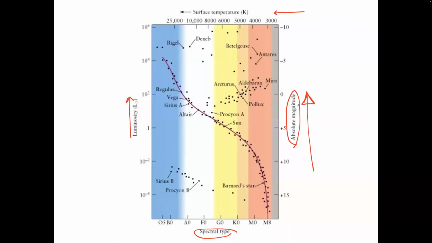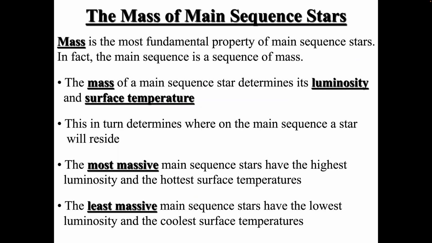Right. Now let's look, once again, at the main sequence on the HR diagram. Now let's look at the masses of these stars on the main sequence, how they look. You already know that mass is one of the most fundamental properties that you can have. Basically, the mass actually determines the luminosity and the surface temperature of a star. And